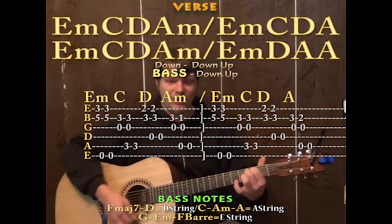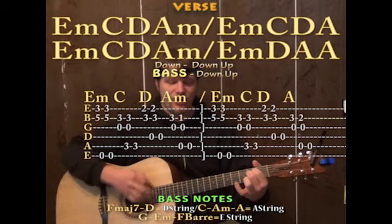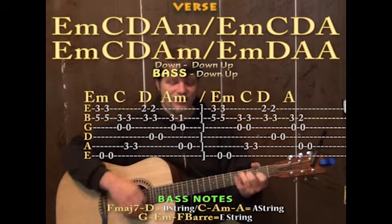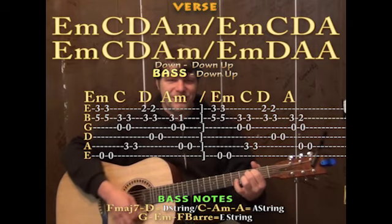minor, down, up, E minor, down, up, C, down, up, D, down, up, A, down, up, E minor, down, up, C, down, up, D, down, up, E minor, D, and then we get our whole strum pattern on that last